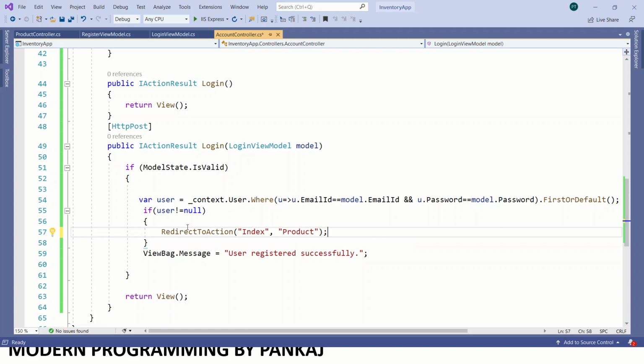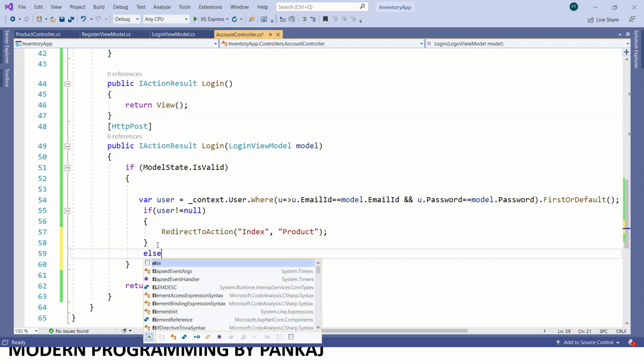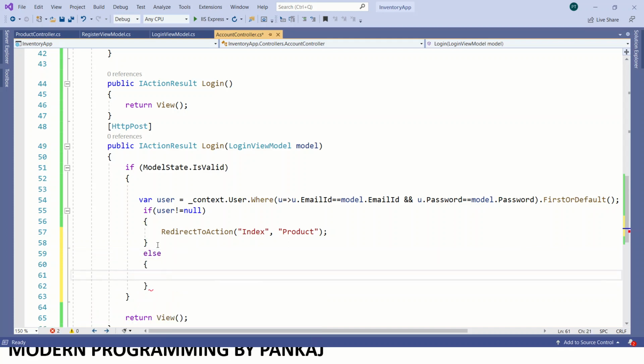Now what is next? Suppose this model state is not valid, then we need to just return the view.